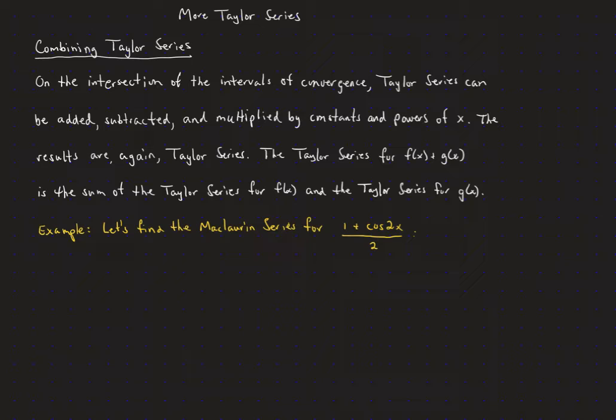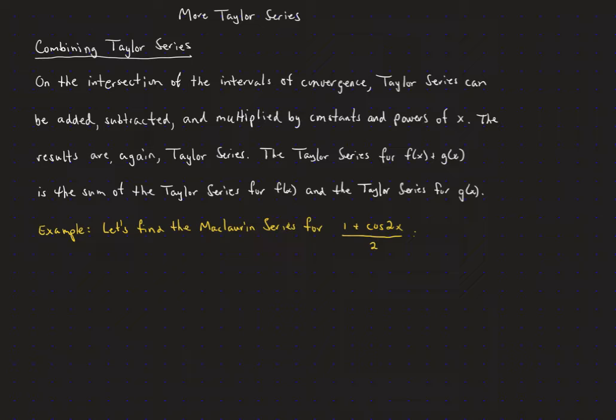So the Taylor series for two functions, f and g, is going to be the sum of each of their Taylor series. It's kind of weird, but you're adding, it's like another infinite sum. You're adding the two infinite series together, term by term, or however they fit together. So let's take a look at what we can do to find a Maclaurin series for